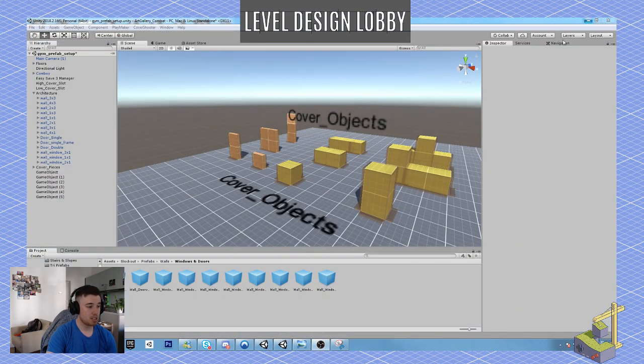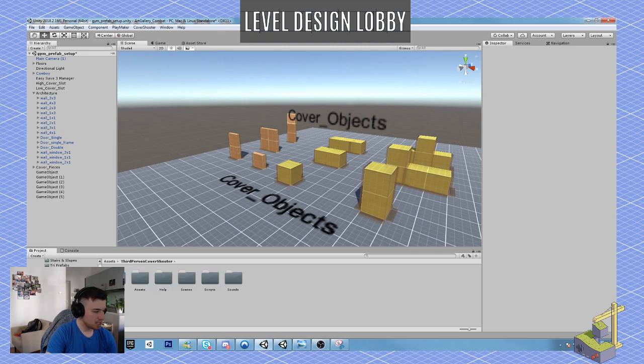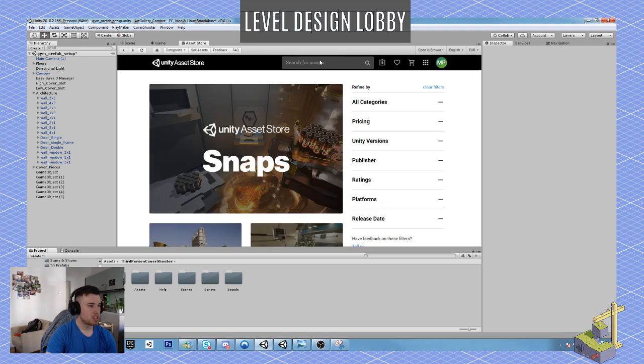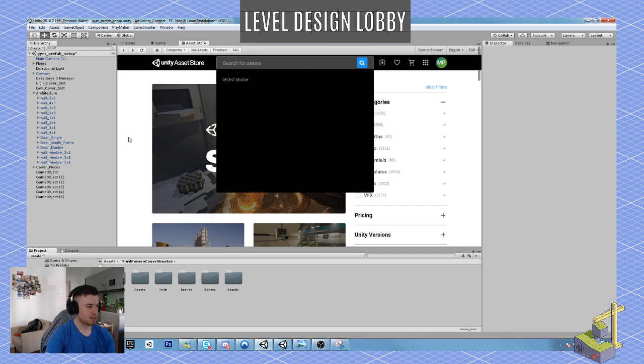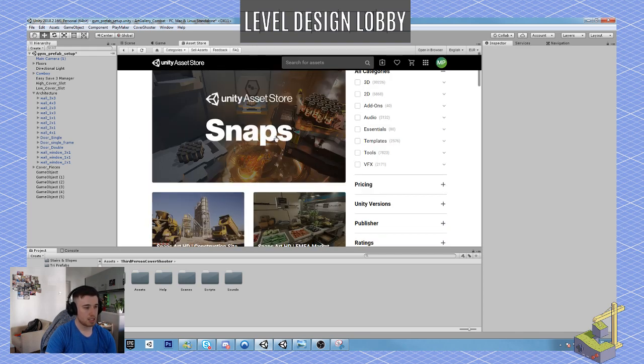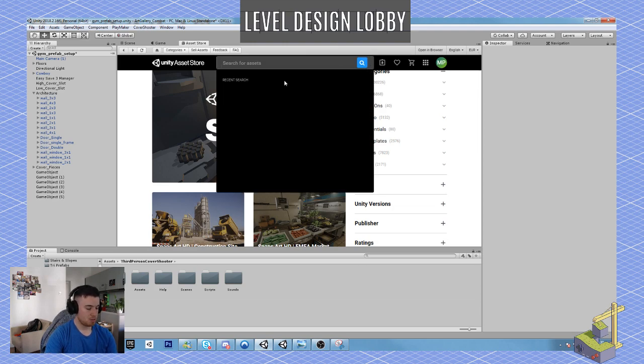Okay, let's minimize all that stuff again. And yeah, the cover system comes from this here. I don't know if you can see that one. Let me just bring up the Asset Store. If we just type in snaps. Oh, does that snap things to it? Because the grid system here isn't great in Unity. If we do...